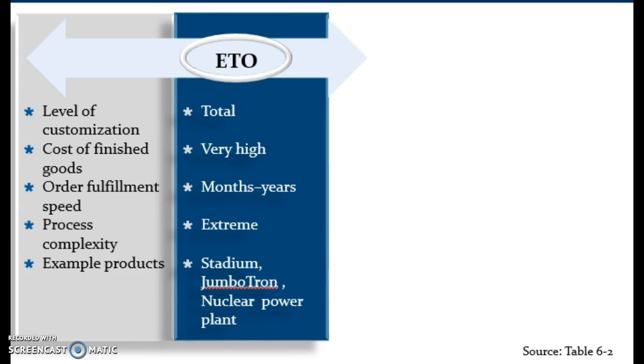ETO production focuses on the creation of highly tailored products for customers whose specifications require unique engineering design or significant customization. In this manufacturing environment, no 2 products are identical, and each order requires detailed cost estimates and tailored pricing. Also known as project manufacturing, successful ETO initiatives depend on effective collaboration between all supply chain participants.